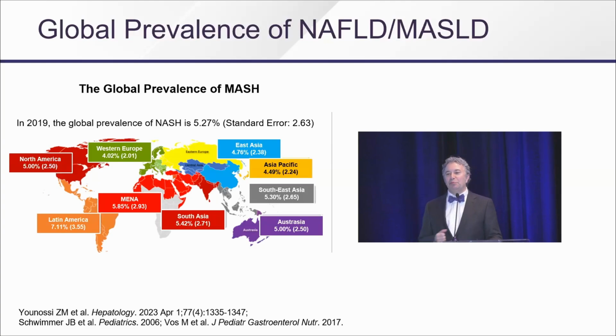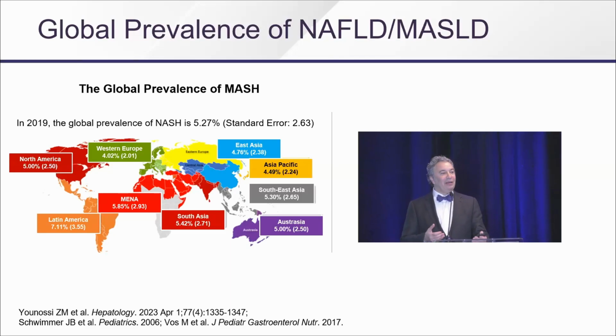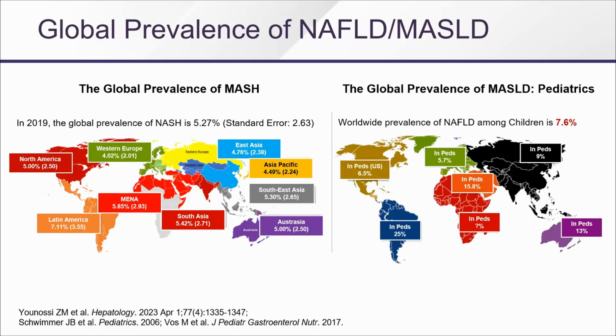And 5% seems pretty small, but when you apply it to the world population or the U.S. population, you end up with a pretty big number. And so the other issue is that the age at which people are becoming overweight and obese is getting younger, and childhood obesity and childhood MASLD is going to be an increasing problem. And they think that fatty liver may be present in as many as 10% of children.